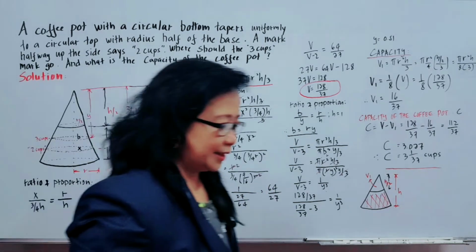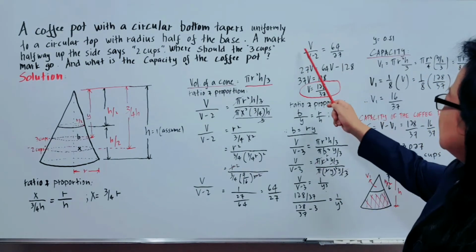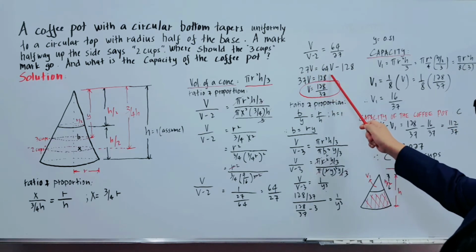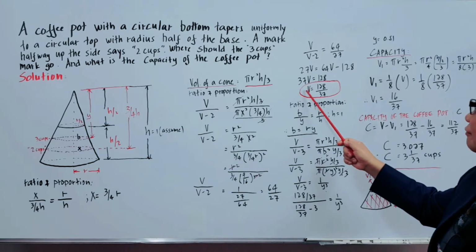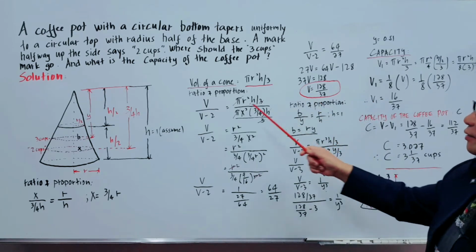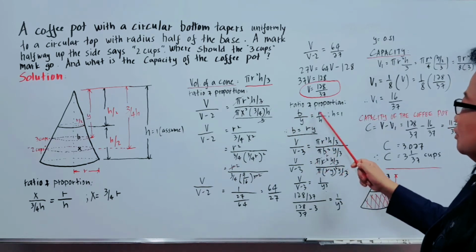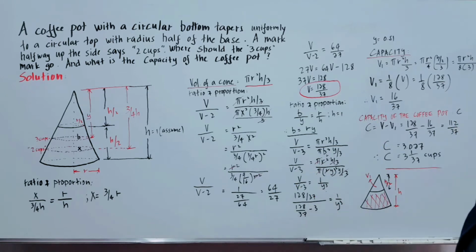Now, again, we can simplify this one further. Cross multiply. 27V is equal to 64V minus 128. Therefore, V, which is the volume of the whole coffee pot, is equal to 128 divided by 37. Now again,